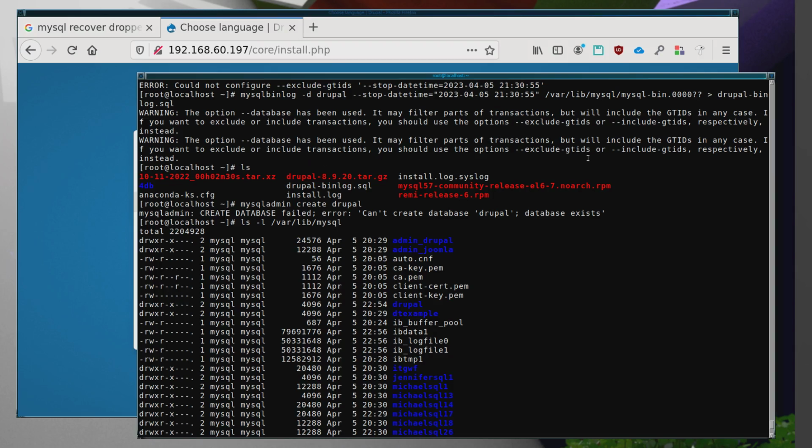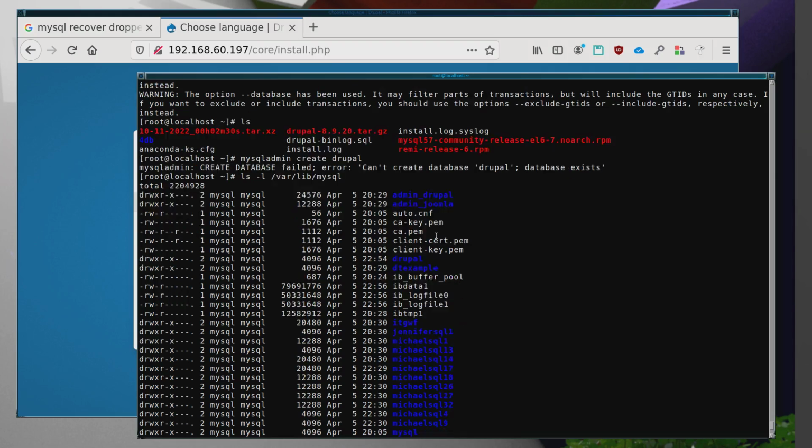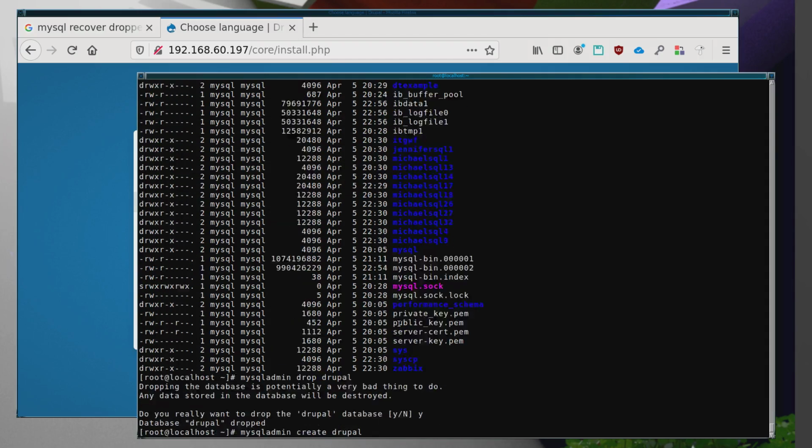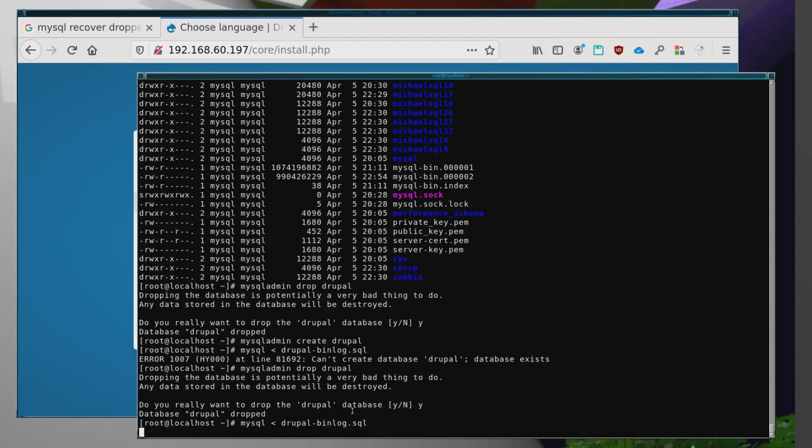Yeah, GTIDs. So what you'd have to do is go through the log and see what these IDs are, and then filter them out, because that should make the binlog file a lot smaller. Because obviously if your database is huge, it's going to take a long time to pull it back in. And this is the other thing, if your database is really old,